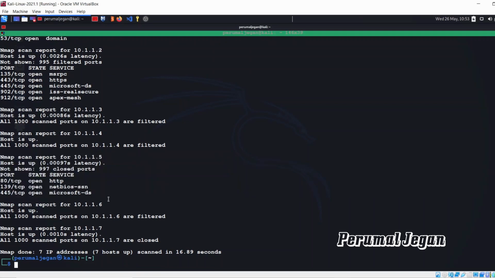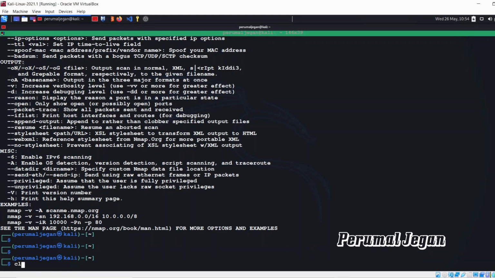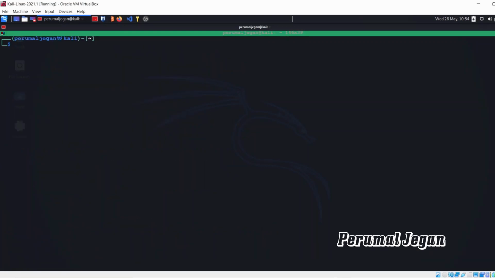Let me introduce a few other interesting commands to you. We can also filter for specific ports. Let's do that. I'm simply modifying the flags here.